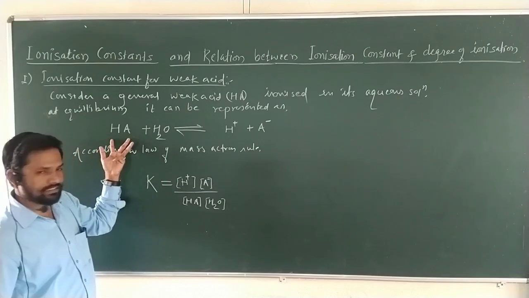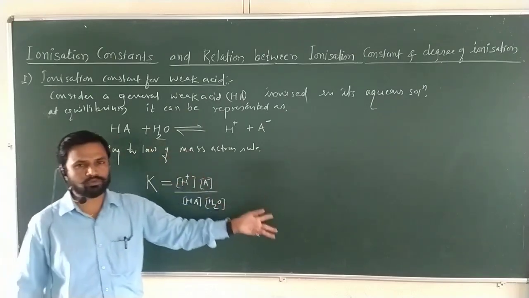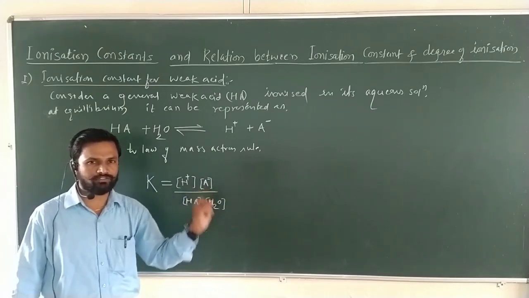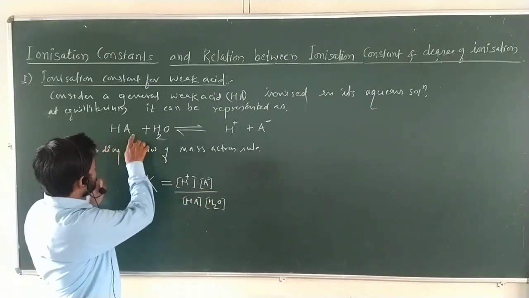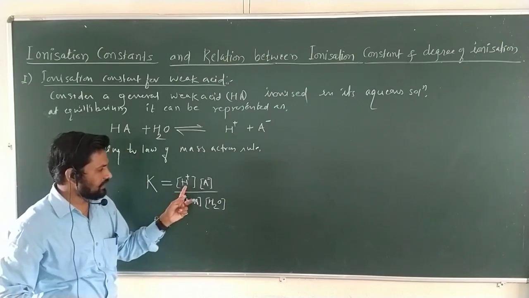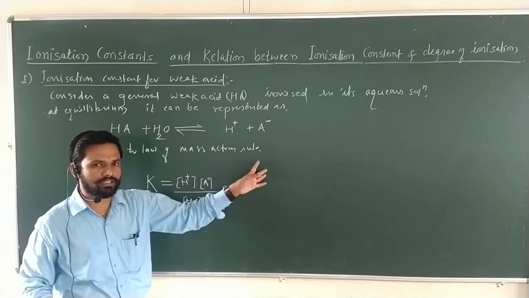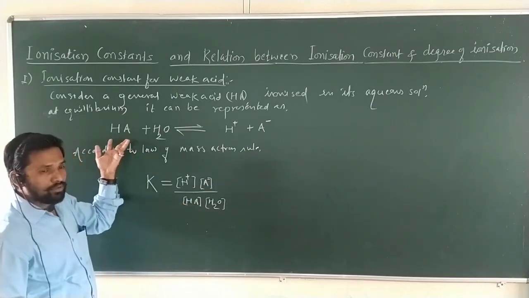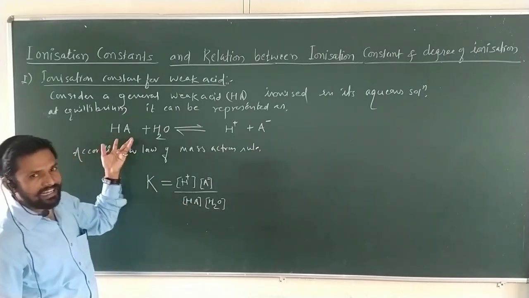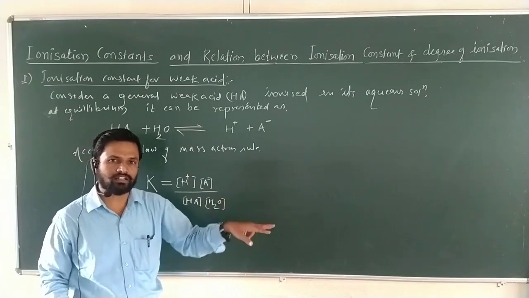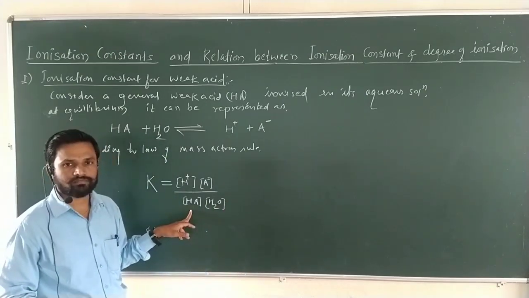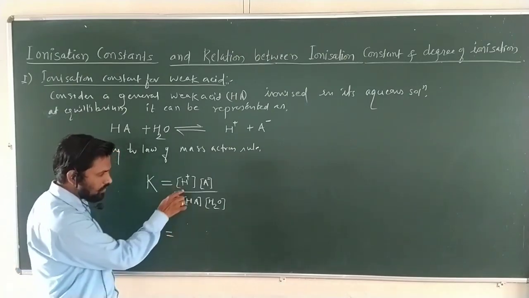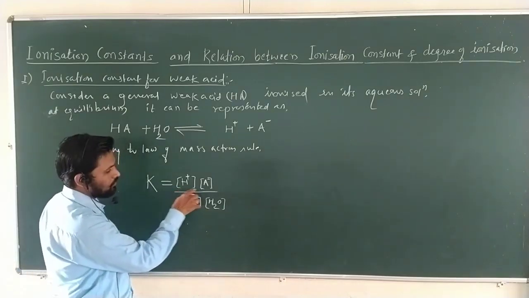The dissociation is only up to a certain extent, meaning 5 to 10% dissociation is possible. From this weak electrolyte, H plus ions and A negative ions are formed, and some of the molecules of HA remain unionized. So we can write the molar concentration of H plus, the molar concentration of A negative,